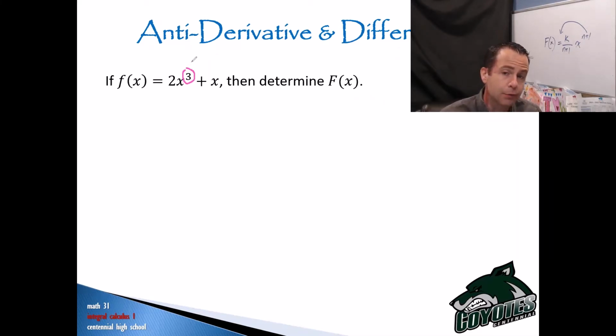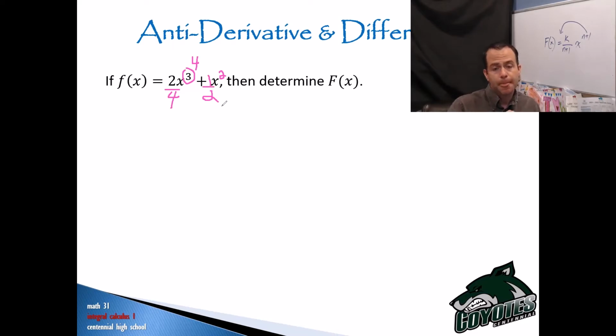This guy in the original function is going to have to be a 4. Okay, so if that guy is going to have to be a 4, I'm going to have to divide him by 4. This guy is going to have to be a 2, because when I go to take the derivative, I drop a degree, right? And if that's going to be a 2, I'm going to have to take what's a coefficient of 1 right now and divide that by 2. Okay, so essentially, the original function would have to have looked like 1 over 2 x to the 4 plus 1 over 2 x squared